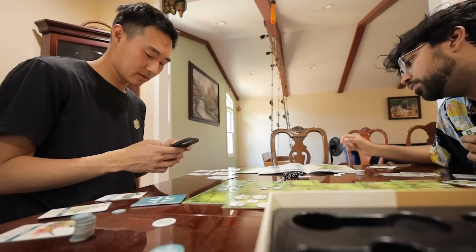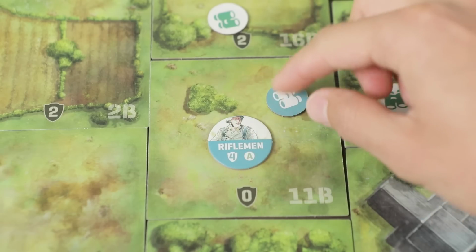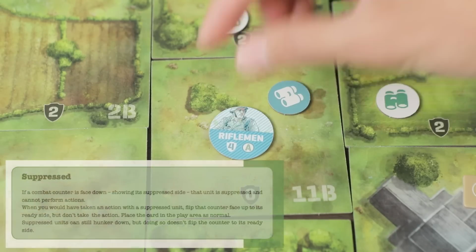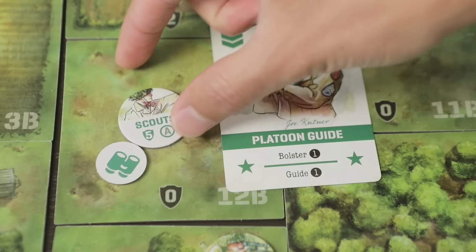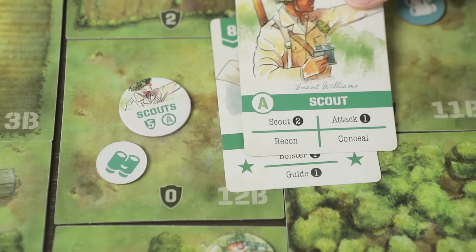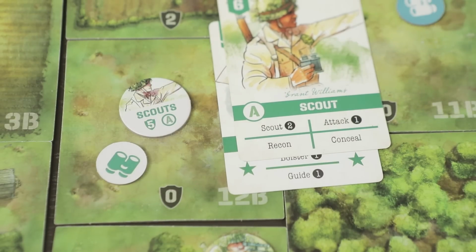There are also some slightly confusing rules hiccups that we found starting in scenario 4. Interacting with suppressed units can get confusing at times, and the included box in the rulebook isn't quite in-depth enough to explain it. Also, if you use the platoon guide to guide other pieces, does that mean they do their special move, like a scout scouting? These are all answered cleanly on BGG, but we're a little annoyed how there wasn't an FAQ or clarification within